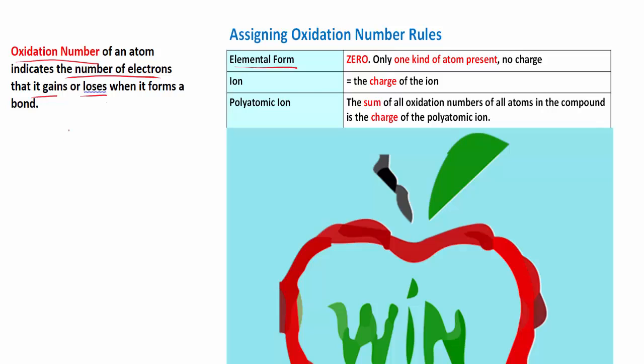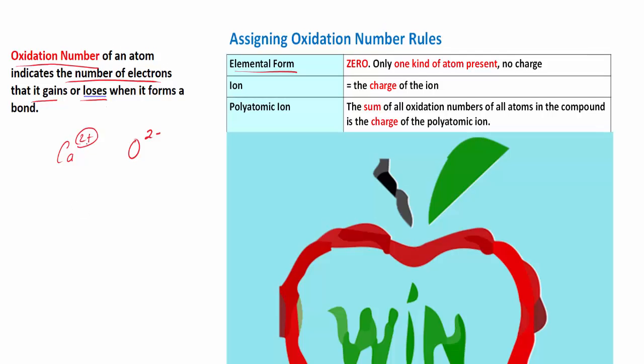Remember, when we have an ion, for instance calcium, we have Ca2+. That indicates that calcium has lost 2 electrons to become stable. Or we can have an oxygen that has gained 2 electrons to become an oxide. So we have O2-. But in this case, notice for an ion, the plus and the minus follow the number,